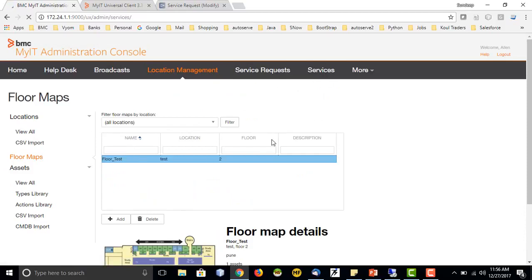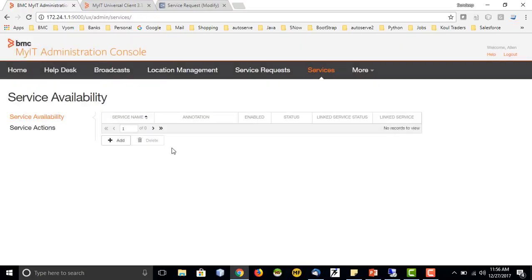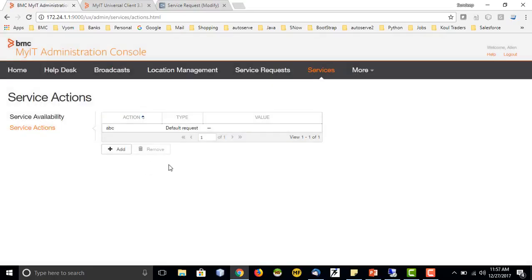Now services is again a section which is sometimes for premium users. It's like the services which we have in cloud kind of a thing, but we are not using this currently, so we'll not discuss it.